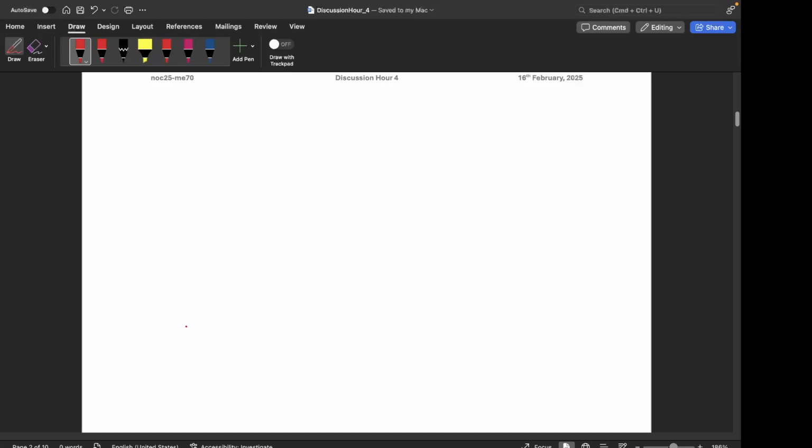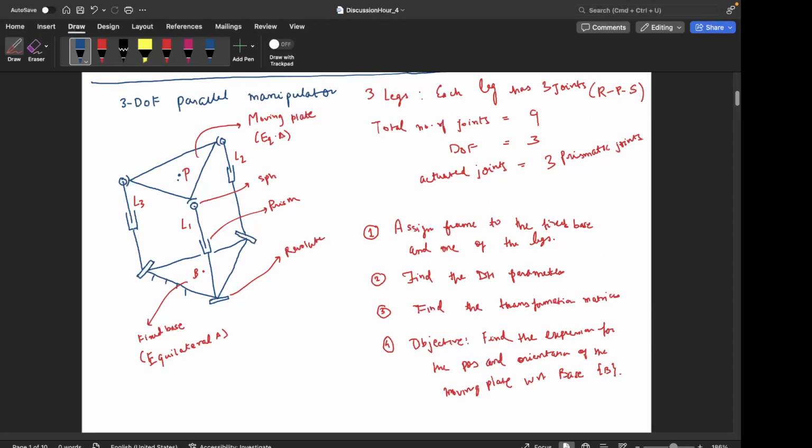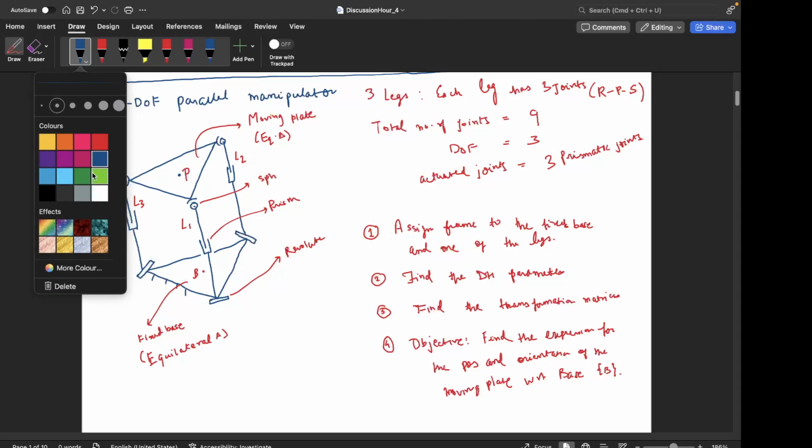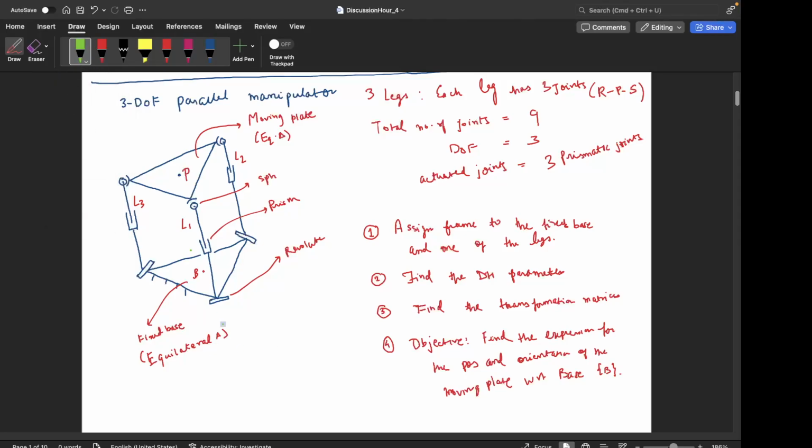So what I will do now is draw the fixed plate, and I will draw one of the legs, because we can replicate that same thing across the three legs. So for better clarity, I will just draw one leg right now. So this is the fixed base, and just one frame I will draw here itself, because it needs to be drawn in the entire mechanism. So we attach a frame at the centroid of the base, basically the fixed base,